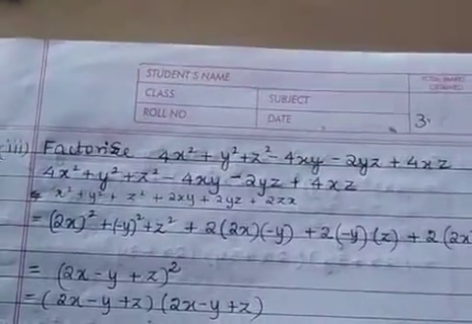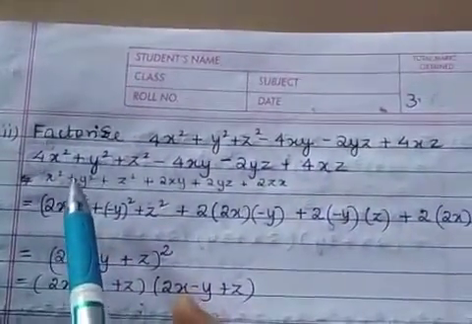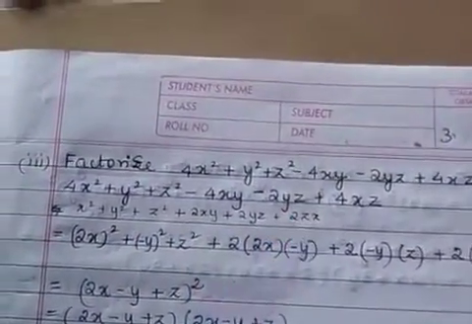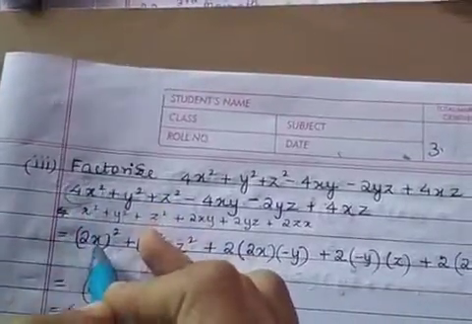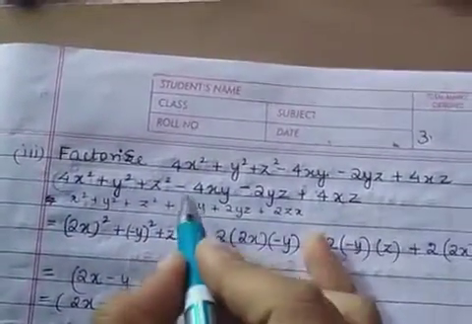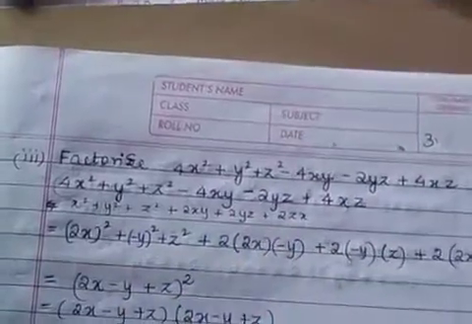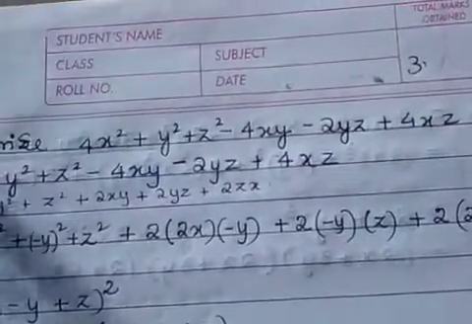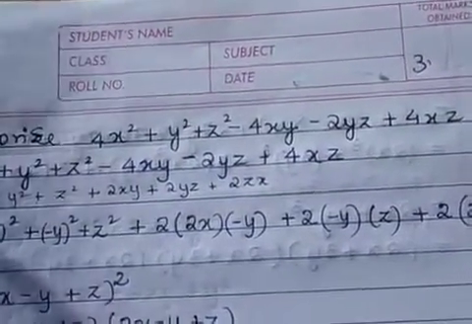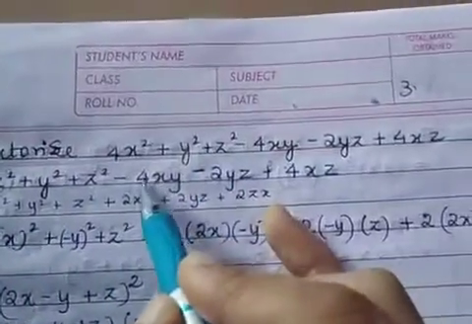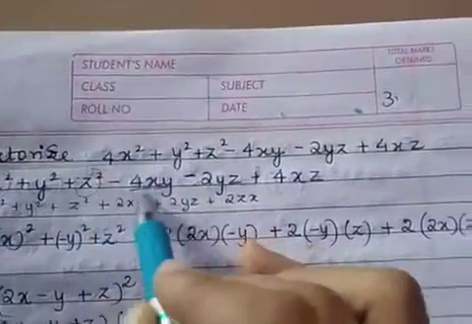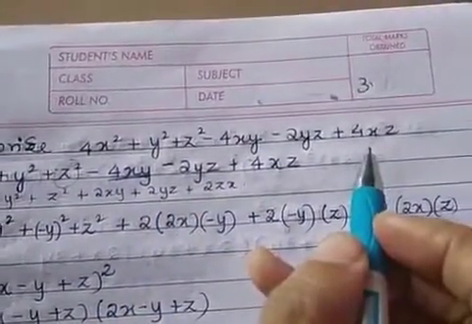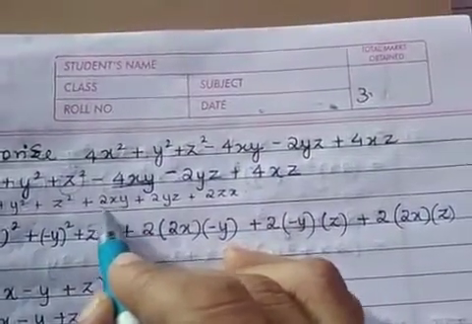Okay, so this can be written as, now this is 4x square plus y square plus z square. This can be written as 4x square is 2x the whole square, correct? Now there are some negative signs here, so some terms have to be negative. So how can you find that? Let us see. Now you got here 4x square, so let us first write this as 2x the whole square. Now look at this term. Here we know it should be 2xy according to the identity.